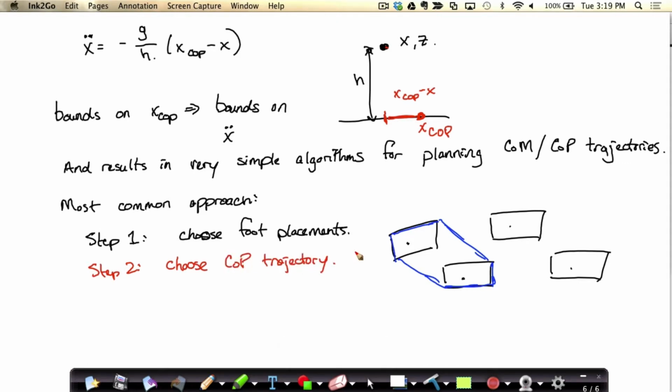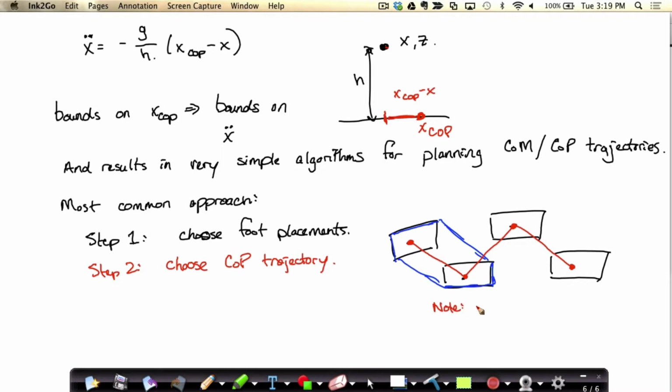Because I have good heuristics for doing that, right? So when I'm standing on one foot, I want it to be roughly in the middle of that foot. When I'm standing on this foot, I want it to be roughly in the middle of that foot, and I'll just keep it safely in the middle of that support polygon. I'll draw a straight line. During double support, I'll move it from one point to the other point, and then as I put my other foot down, I'll start moving it here, and then I'll lift this foot up, and I'll have it here for a little bit, and then I'll move it here. Right? I can come up with a trajectory, hard code a trajectory for my center of pressure, and